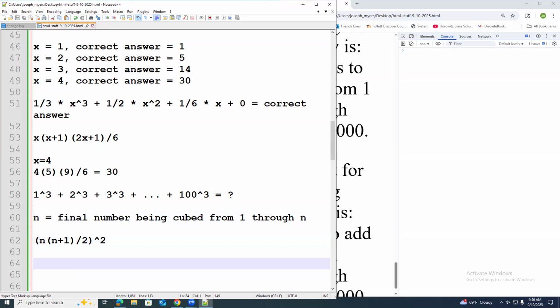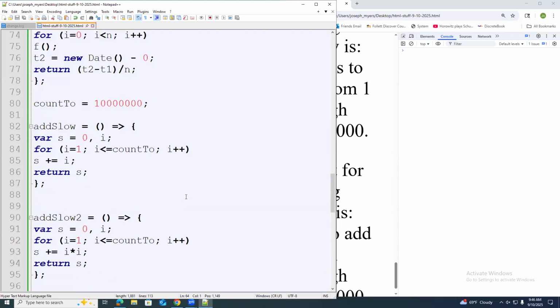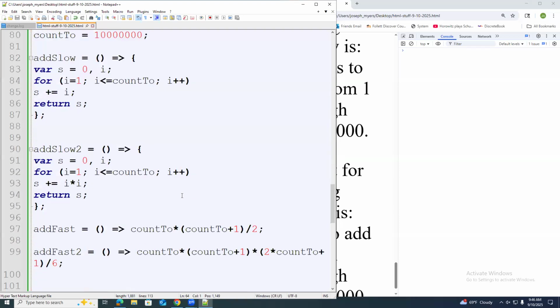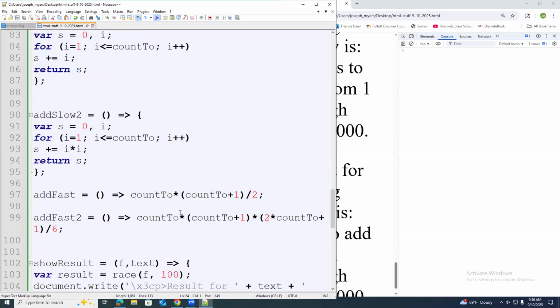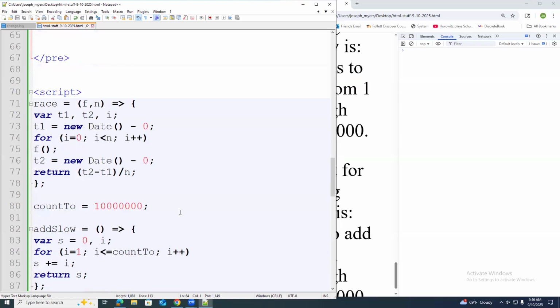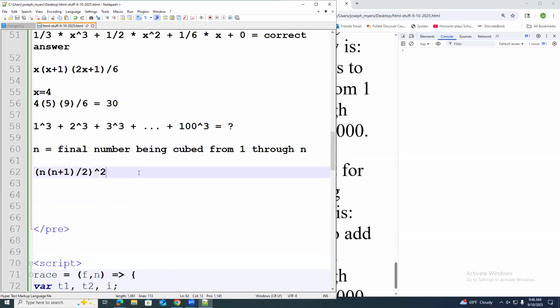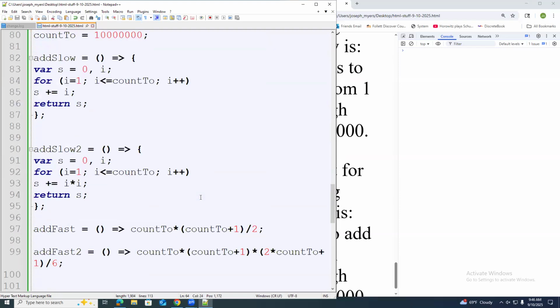So let me show you how you can do that. You can actually use the same exact formula as before. Well, anyway, I guess I'll let you figure it out. But remember, you can't use the square key when you type this code. So you're gonna have to write that like this. You're gonna have to say n times n plus 1 times that, like that, when you do your code. So that's the formula for calculating the sum of the cubes.